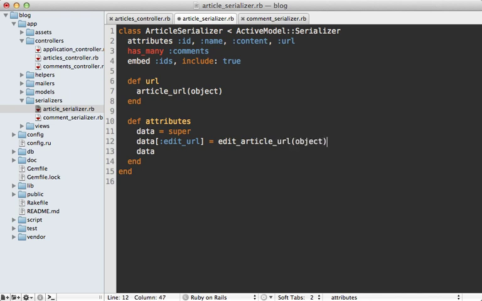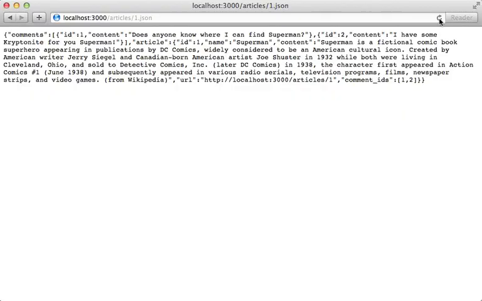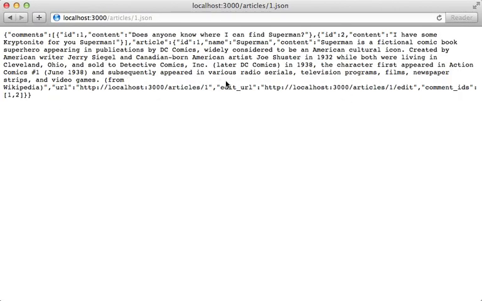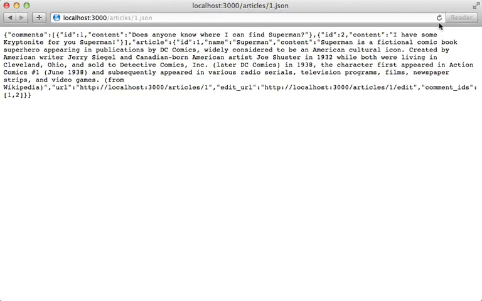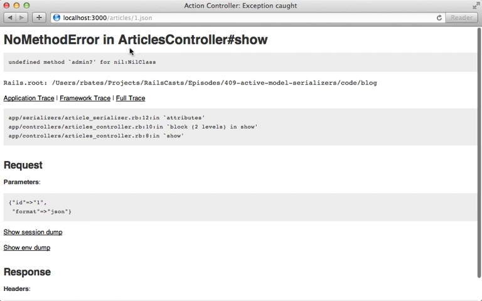Now I want to make this conditional, but let's try it out so far. Reloading our page, and we get our edit URL output here. So now we just need to make this conditional and only include it if the current user is an admin. However, the serializer is outside of the controller and view layers, so we can't simply say current user.admin here. To get around this problem, there's an object that's passed into every serializer called scope, and that defaults to the current user object. Let's give that a try, and we get this exception saying no method error, admin on nil,